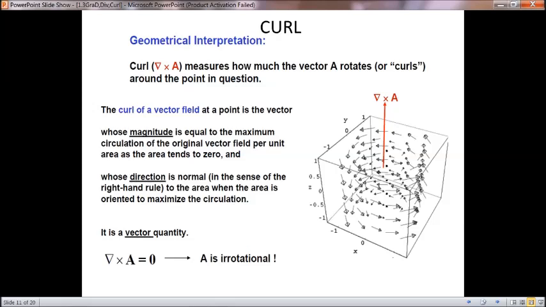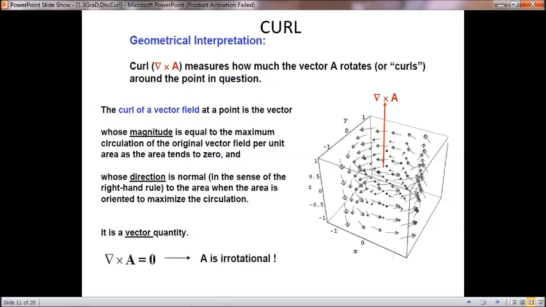So the curl is a rotational component, which means in every axis we have plenty of amplitude components. So it will be considered as a directional component. Directional component means we have to go with the vector product. Vector product means cross product. The cross product is considered with curl. So curl of A is measuring how much the vector A rotates or curls around a particular point.